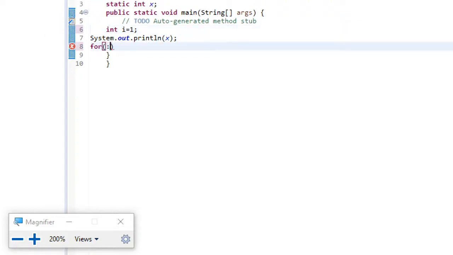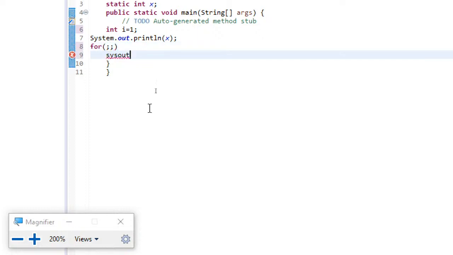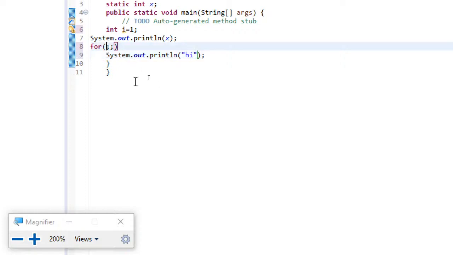Now you can see I'm just keeping two semicolons, and then printing hi. Here I haven't given any initialization because I have already given i equal to 1 above, but I haven't used it. Understand that point, I haven't used it.